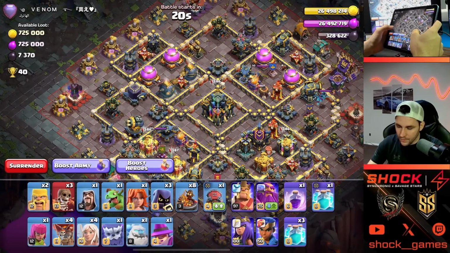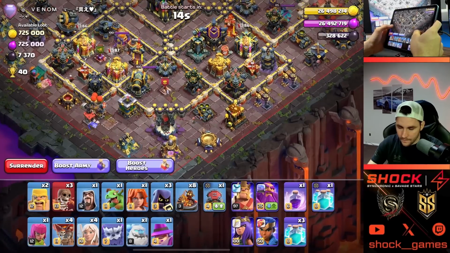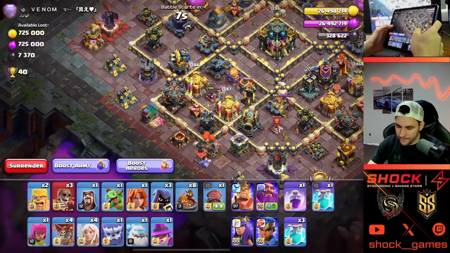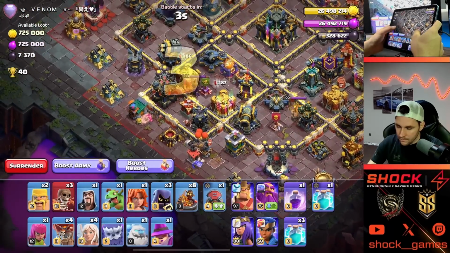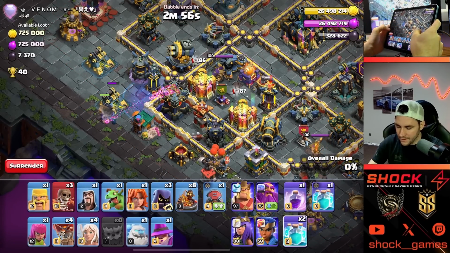What do I want to clear with the Yeti bomb? Man, that's a good question. Okay, what we're going to do is we're going to try and get this multi-arch tower here. Okay, that should be a good enough...